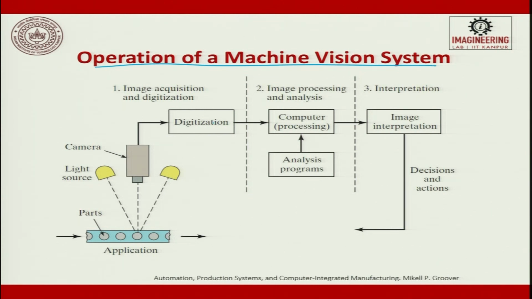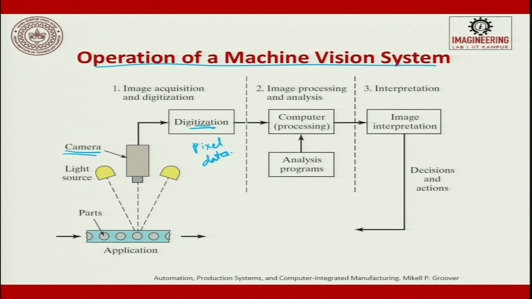I gave you an example of a camera with a flash. So, you see here a light source is thrown on a part. From the thrown lights you try to capture an image through a camera. Whatever image you have captured through the camera will then be digitized. During the digitization, the analog data is converted into pixel data.